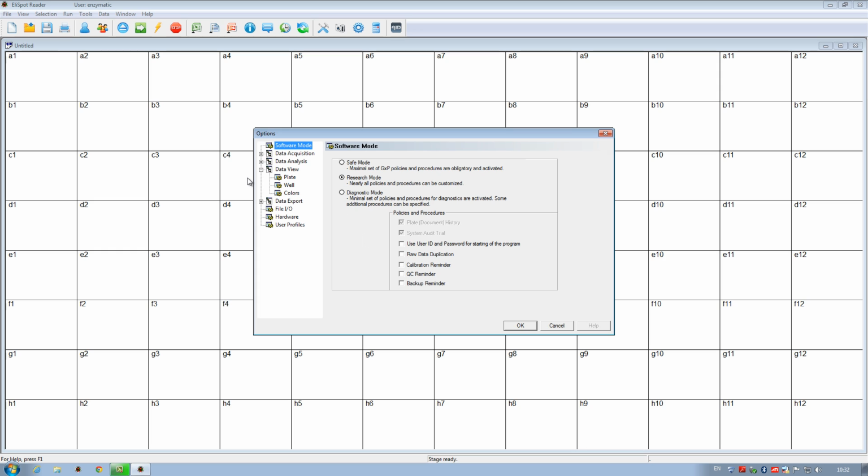Let's continue in our understanding of the AID software by accessing the important Options menu. This is the inner heart of the software where you configure the basic settings of the machine. Any AID user should be familiar with this area. The Options menu can be reached in two different ways, either using the Tools drop-down menu or through the graphical shortcut located a little bit to the right. Once inside, we are greeted by an options tree to the left where you have to press the small little plus signs in order to access all available subheadings.